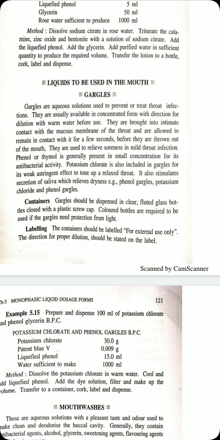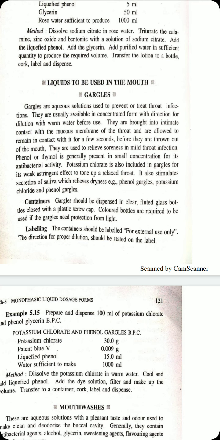Potassium chlorate is also included in the gargle for its weak astringent effect, or to tone up the relaxed throat. It stimulates the secretion of saliva, which relieves dryness, which means it prevents dryness by stimulating the secretion of saliva. The examples are phenol gargle, potassium chlorate gargle and phenol